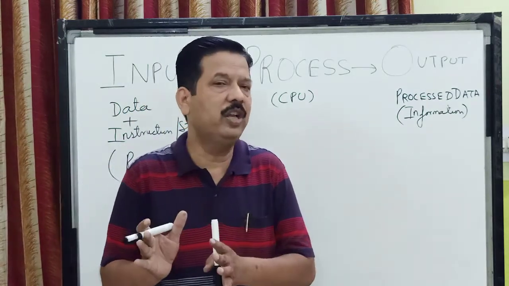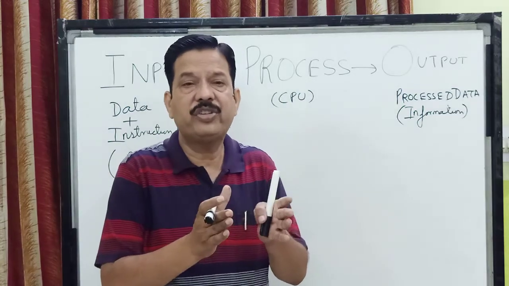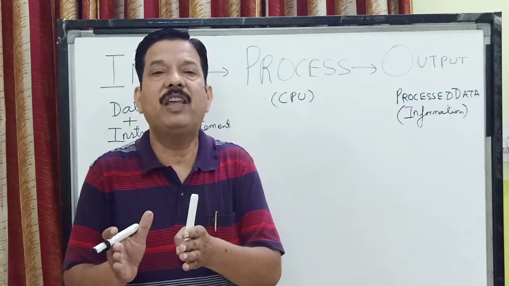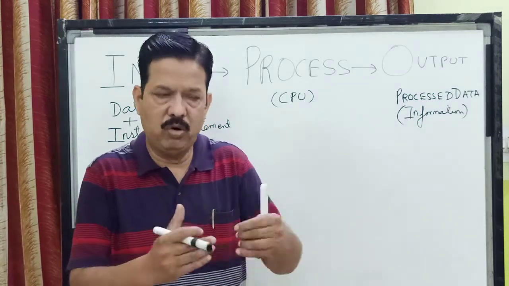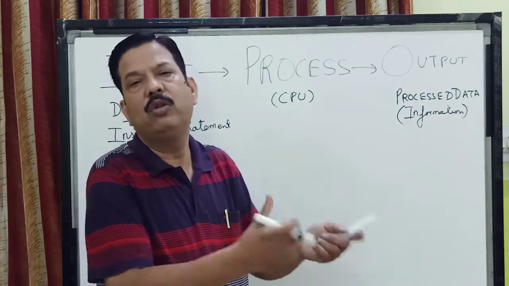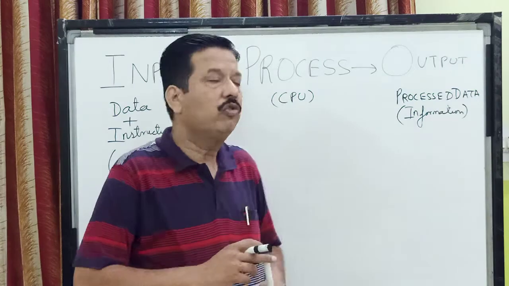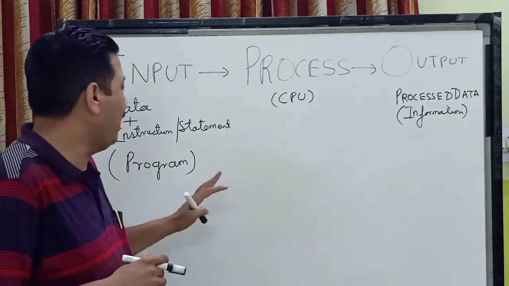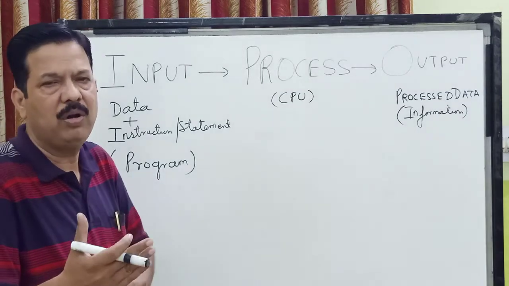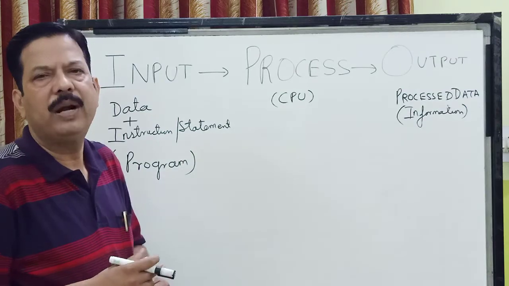So we give instructions, but only instructions are not okay. Apart from instructions, we also have to provide data. That is, when I am asking my maid to wash my clothes according to my way, I also have to provide the dirty clothes too. So the dirty clothes over here are the data. So children, whenever we are giving a program, meaning a set of instructions in a computer language in a particular order, it is given to the computer along with data to carry out a particular task.